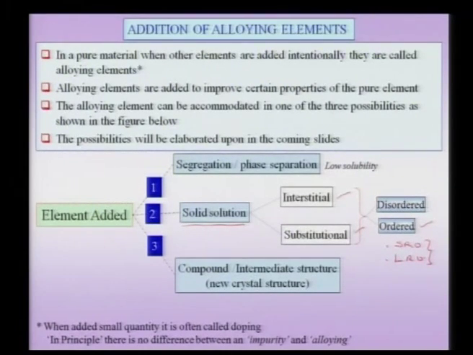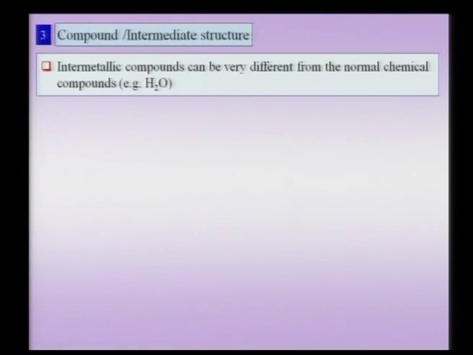Now, we are in a position to proceed to deal with the concept of compound or intermediate structures. Now, this is what you might call an ocean by itself, and what we will be taking up here are merely some examples to illustrate some of the important principles involved in the formation of intermediate compounds or structures. And the more important thing we will try to emphasize here is that some of the intermediate compounds which form in intermetallic systems are very different in nature from some of the standard valency compounds we have been dealing with in